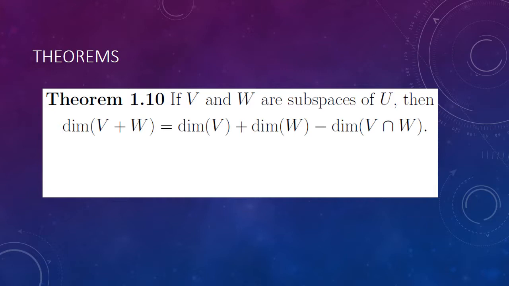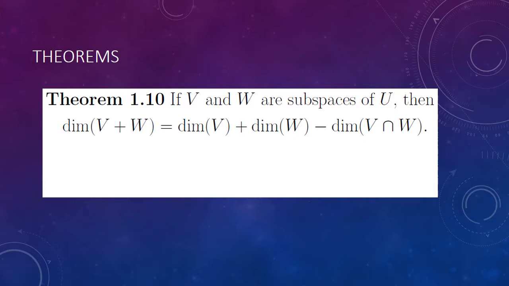One interesting theorem is this dimensionality count. If V and W are subspaces of U, and you look at the dimension of V plus W, you might expect that you'd get the dimension of V plus the dimension of W. The problem is that both V and W account for their intersection at the same time. And so the intersection is both a part of the dimensions of V and also a part of the dimensions of W, which means that if we were to add those two dimensions together, we've overcounted the intersection one more